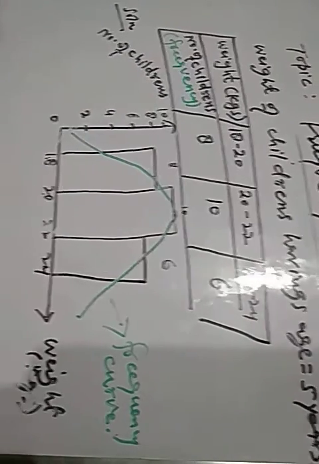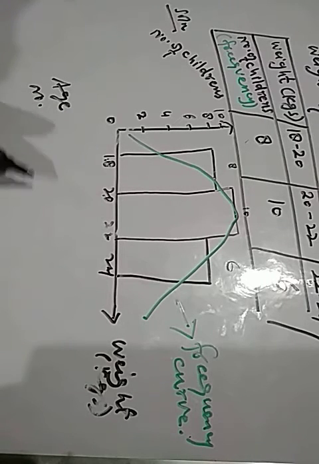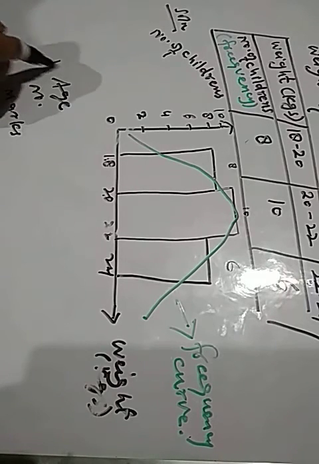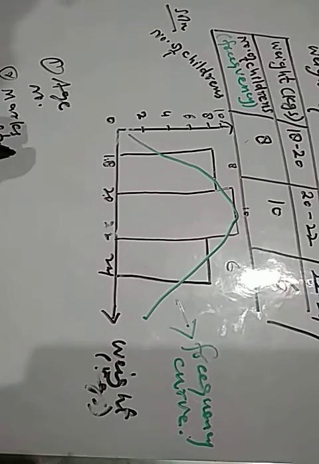I hope you have understood it, and you will do more examples on this topic at your home by taking different variables, such as in place of weight you will take age in years and number of persons and their different values, or you can take marks in a particular subject or particular class and number of students, or you can take a variable